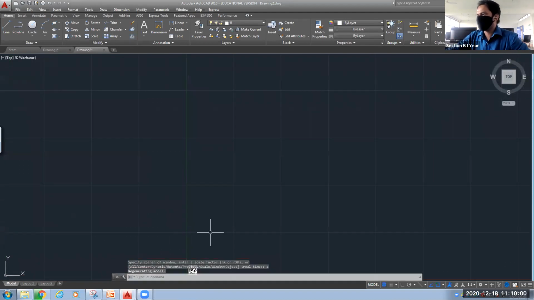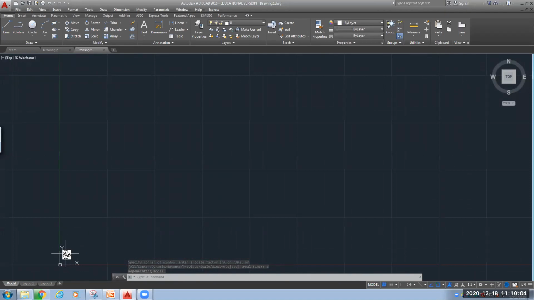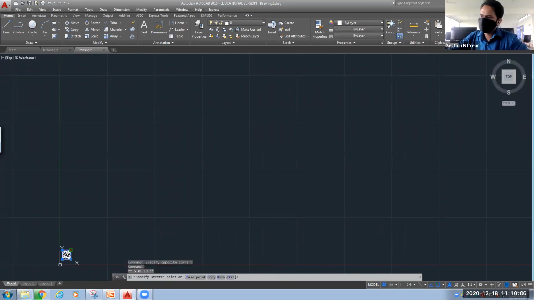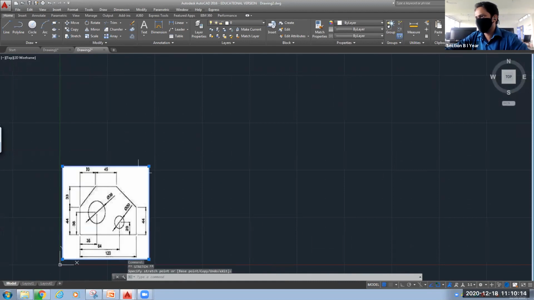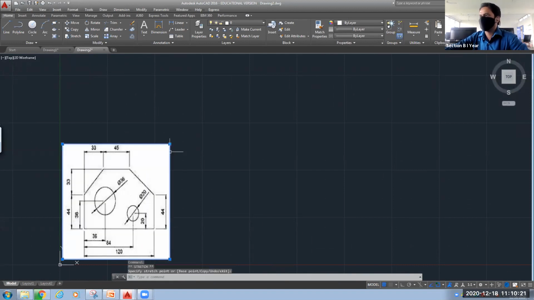Now see, as I have given this command for zoom, this figure is reduced to a very small size and it is not visible. So we can maximize it so that it is visible. Okay, now the figure is also visible. Now we will draw the figure.